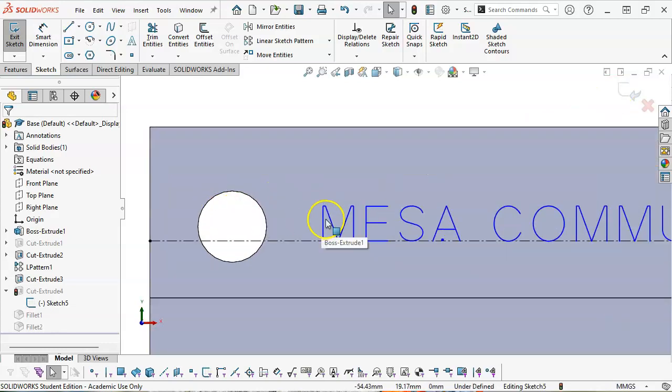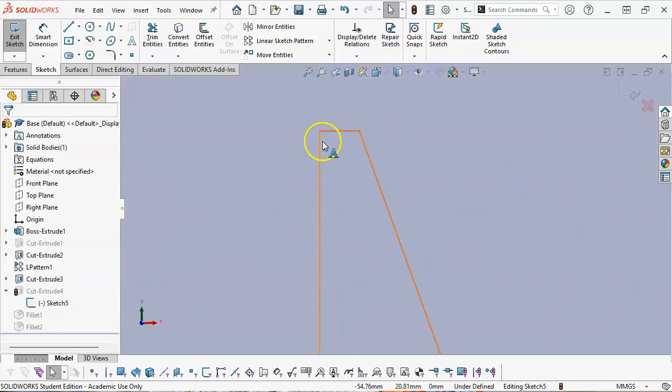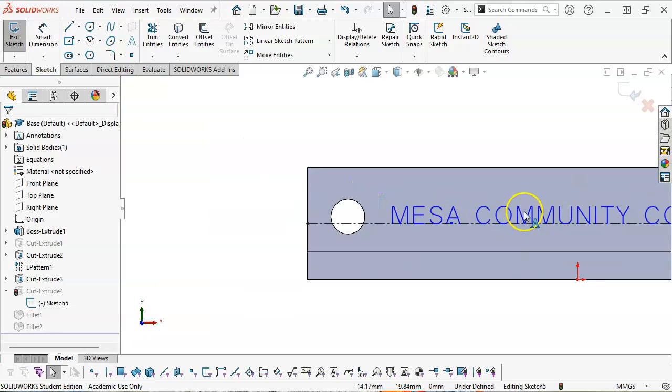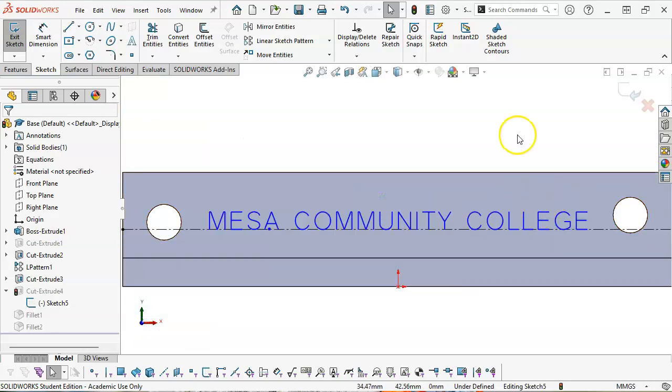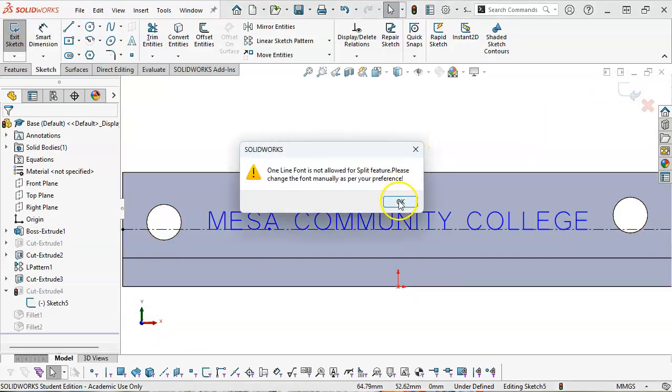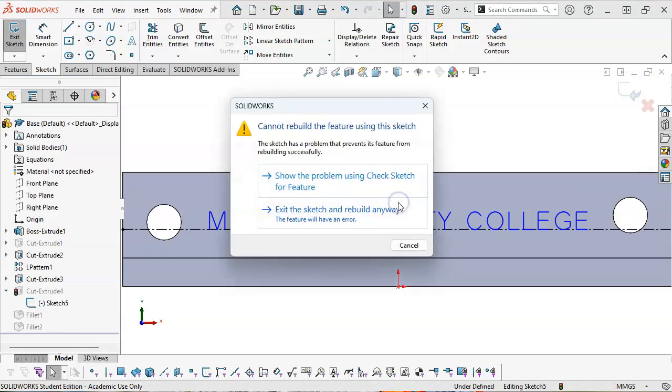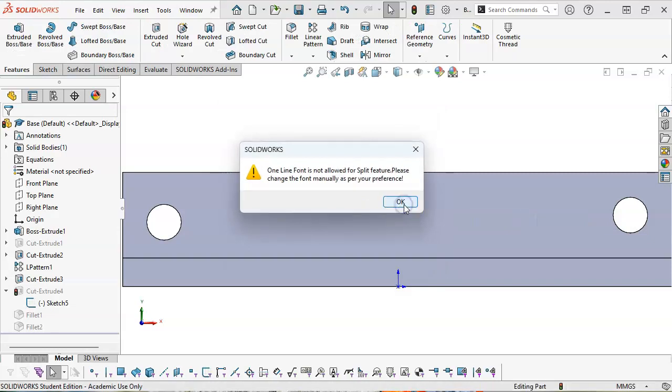All right, so what this is doing is, if we zoom up, you're not going to see the double line like we did with the simplex. And I've had pretty good luck with the simplex previously. One line font for a split feature. Now it's warning me that